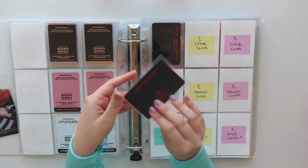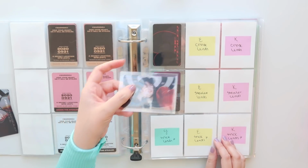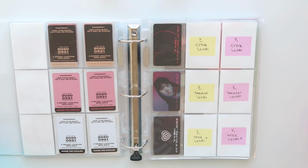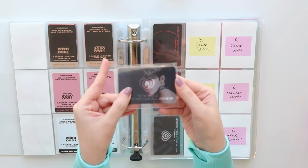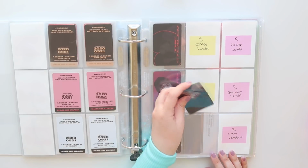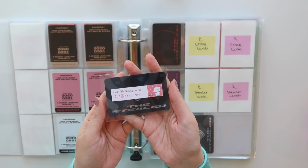This is Yoongi's Lenticular. And then I have his Trick one as well. They're just really hard to see. Okay, and then this is Eric's, gosh, I don't even know if you can see him. There he is. This is the Trick version. Then I finally have something for Kevin, and this is his Lenticular. And yeah, I did a trade, so